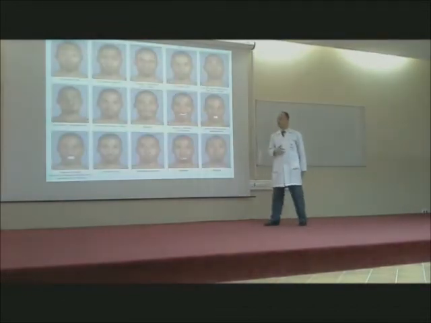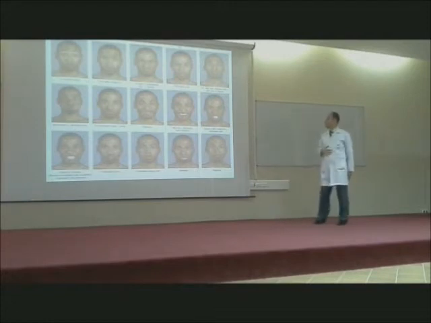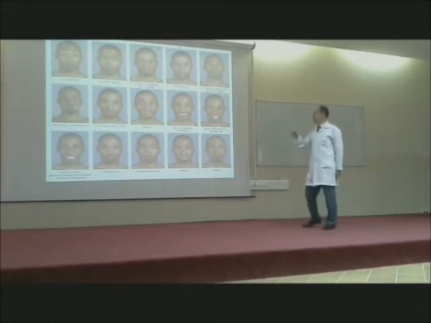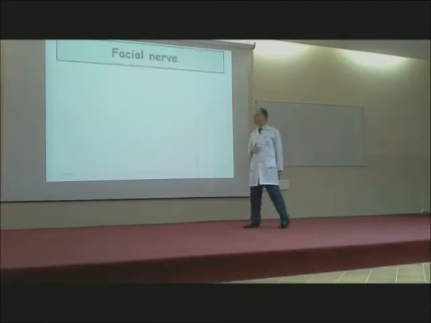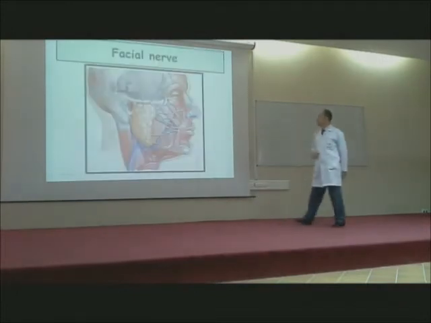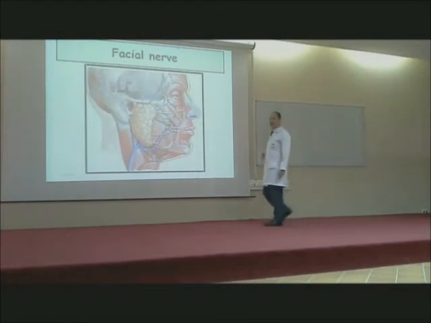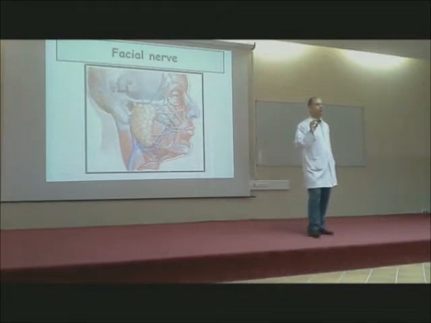So, these are the different variations of the facial expressions, and we will see in sequence, in brief, which muscle is responsible for each variant of this. This is the facial nerve, and as we know, the facial nerve exits from the cranial cavity through a foramen. Remember,